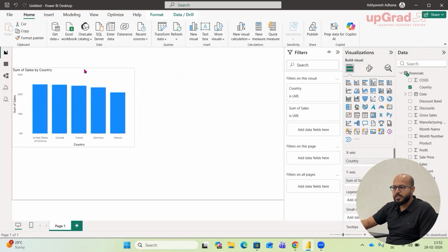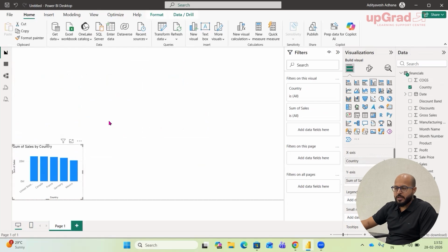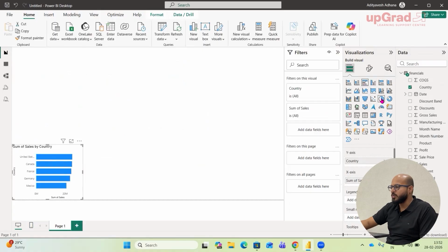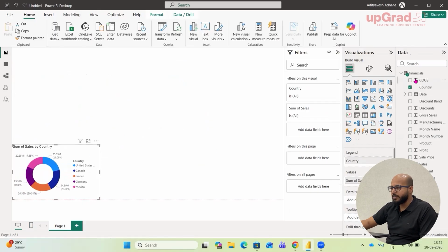So this is one visualization you have created. You just have to drag this visualization and place it somewhere. You can create a clustered column here, or if you want a bar chart, it will create a bar chart, or you can create a pie chart or a donut chart, whichever chart. Depending upon how many variables you have, you are going to select the chart. We have selected a donut chart, a country-wise performance segmentation I have created here.